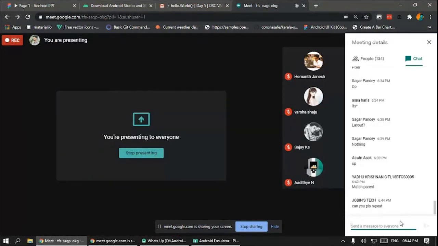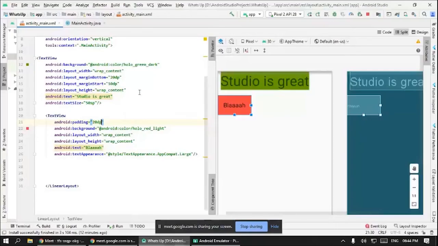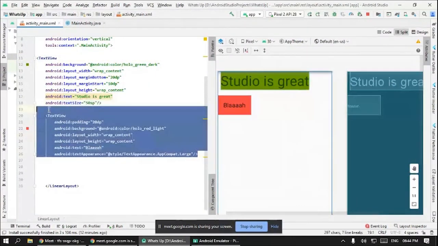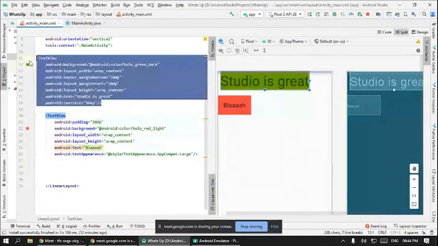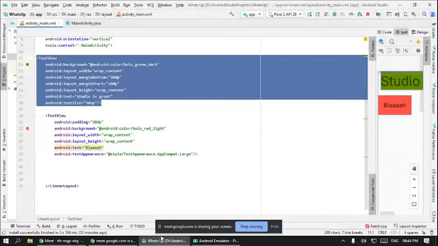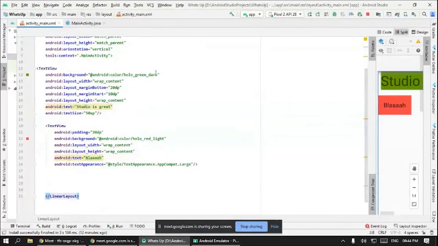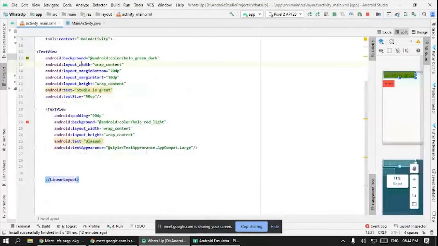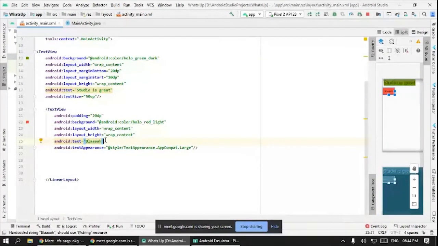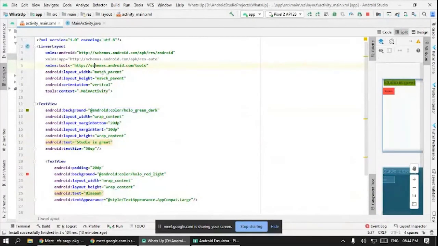Okay. So Jobin, what's not clear about linear layout? It's just a simple theory. Linear layout helps you keep these views. Now these views are children. This is a child. This is a child. This linear layout helps the parent, that is our mobile, to have one or more children. Like, our mobile can have only one child.